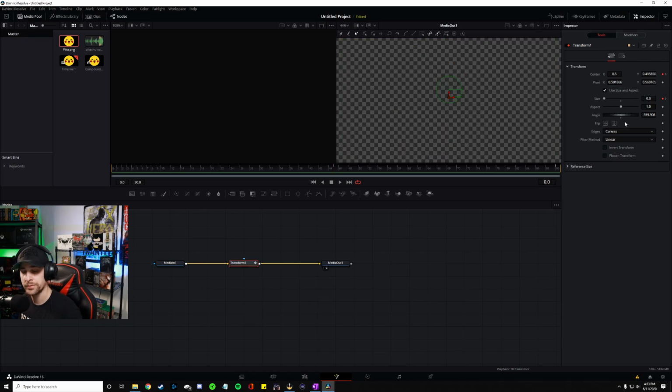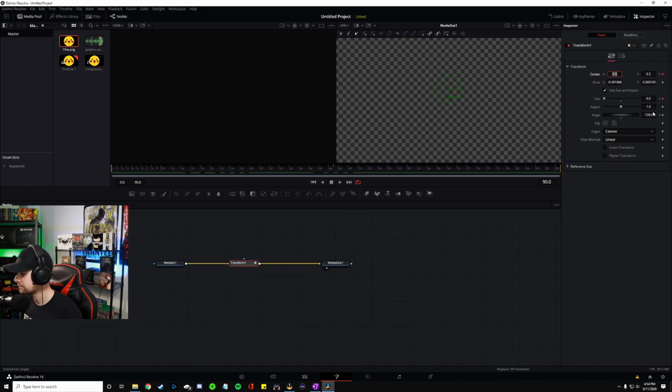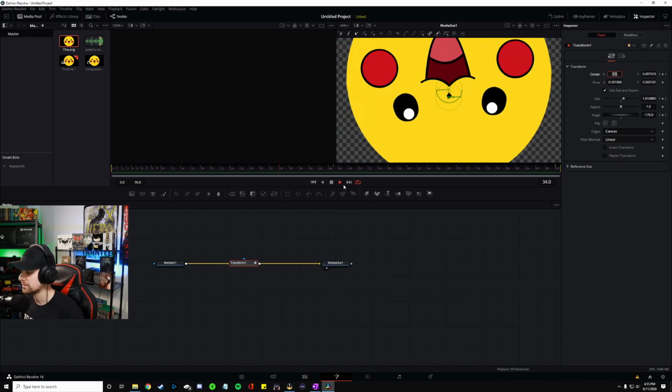Okay, so now that we're on frame 0, we're back to the part where it's got a 0 size. We're going to go to the angle area here. And we're going to set a keyframe here. And we're going to type in -720, basically meaning 4 spins. So after we've got our -720, we're going to go all the way back to frame 90. We're going to set another keyframe. We're going to put +720. Alrighty, so after we've gotten our +720 keyframe on frame 90, we should have an animation like this, where it's